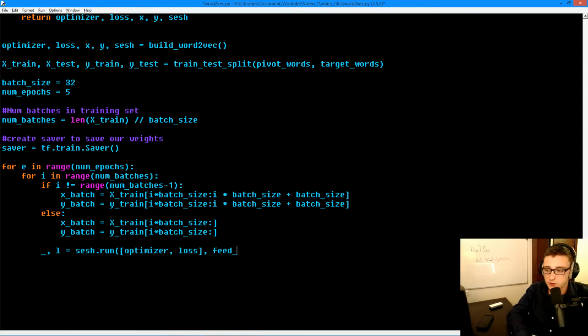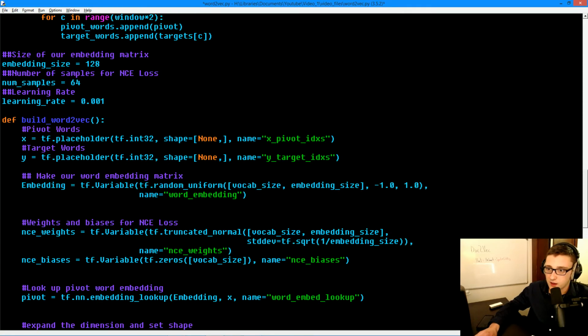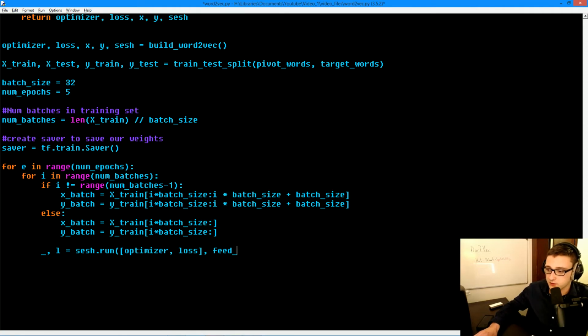So we just made our batches. So what we're going to do is pass those batches in our feed dict into our placeholders. So our x batch is our x's, our y batches are y's, and those will go right here. And remember, that's none, comma, so that basically means a variable batch size, and it's just scalar integers that we're passing into our network. So feed dict equals, open up a dictionary and say x batch, y batch,